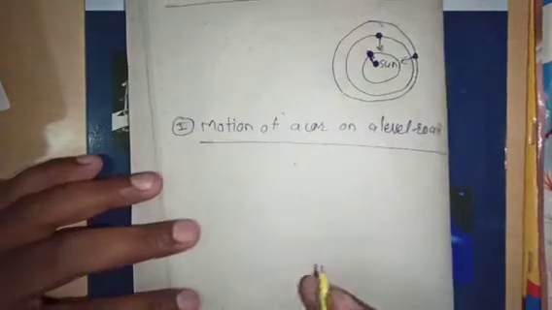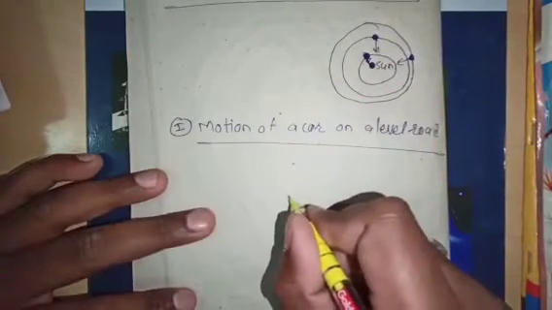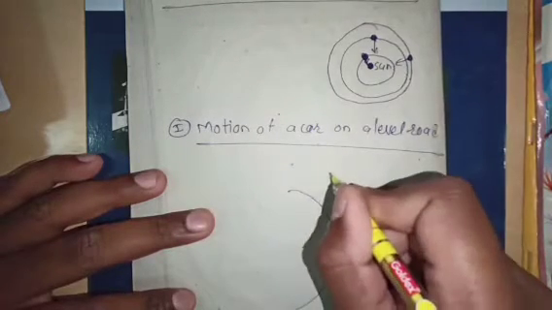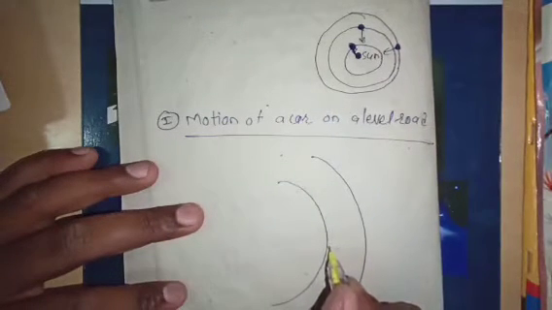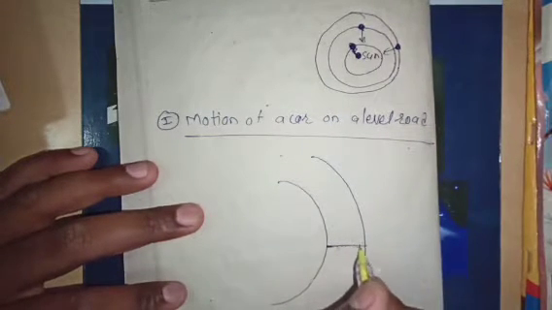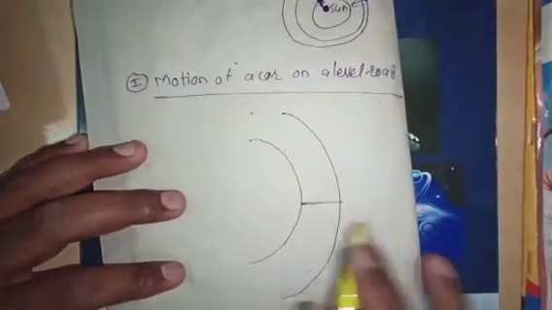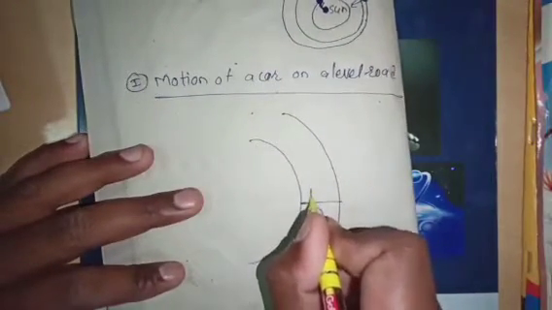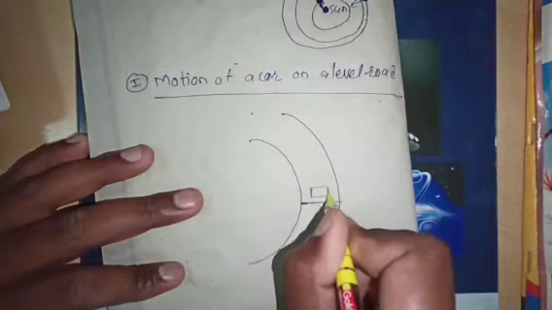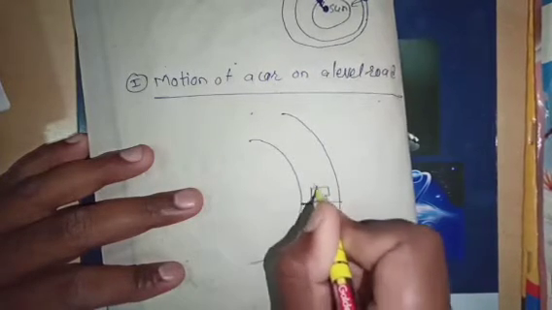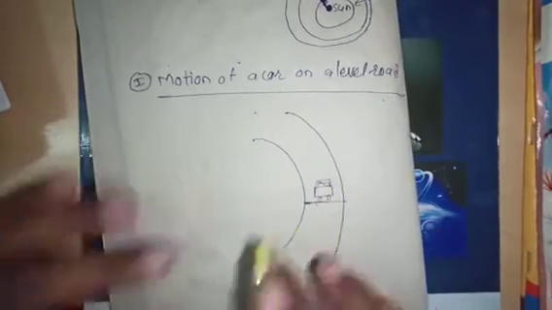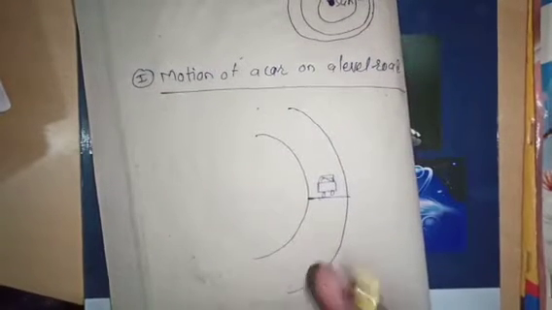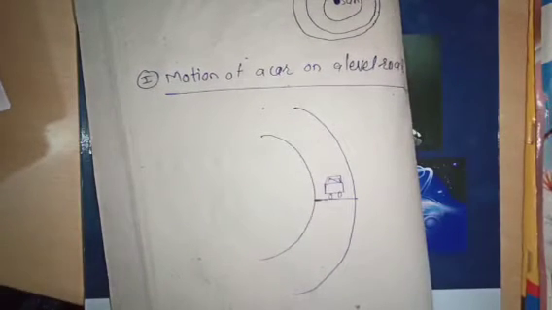Similarly, the car can be moving in a circular path, on a circular road, but the road is a level road. Suppose the car is traveling on that road. This is one of the cars. The car is traveling on a circular road, and the road is a level road.